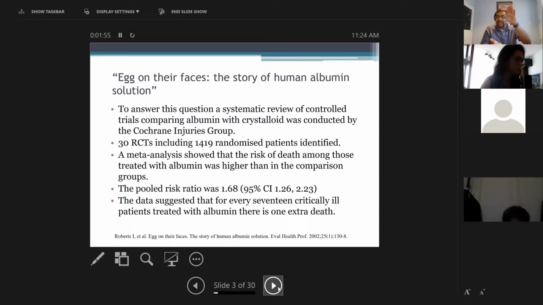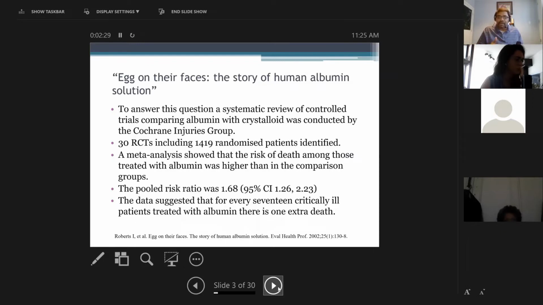But when they meta-analyzed those 30 trials, that is, they did a weighted average of the risk ratio of the 30 trials, they came up with the pooled risk ratio. Pooled risk ratio is the weighted average. A pooled risk ratio of 1.68, which was statistically significant, suggested that albumin was actually harmful, right? Forget benefit, it was actually harmful, and it actually killed people